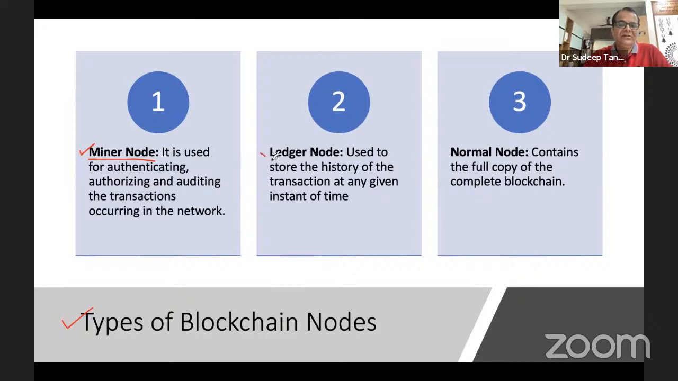The second category of blockchain node is the ledger node. What is the duty of the ledger node? Its duty is to capture the history of all kinds of transactions. It is just like the passbook concept we have in normal banking procedure. The third category is the normal node. This normal node contains the full copy of the complete blockchain. So these are the different types of blockchain nodes, and we are going to take them into consideration while we build our own blockchain network